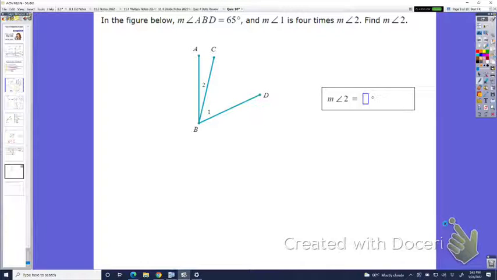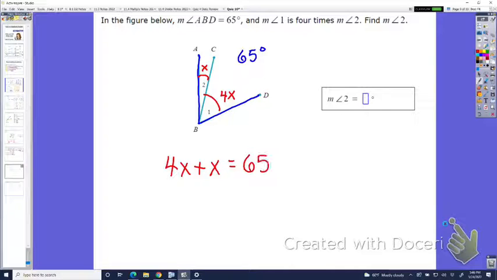In the figure below, we know that the ABD is 65. So the whole thing is 65 degrees. Angle 1 is 4 times the size of angle 2. So if we call this x, angle 1 is going to be 4x, 4 times as large. So we can set up an equation. 4x plus x equals 65. 4x plus 1x ends up being 5x equals 65. So to solve that, we're going to divide both sides by 5. And x equals